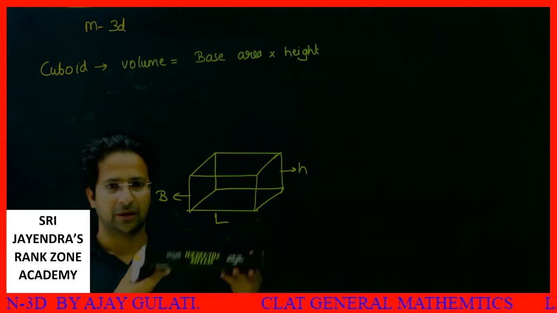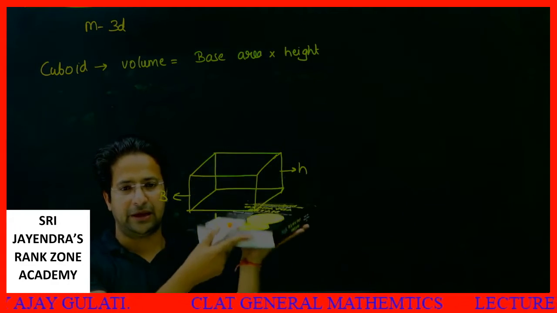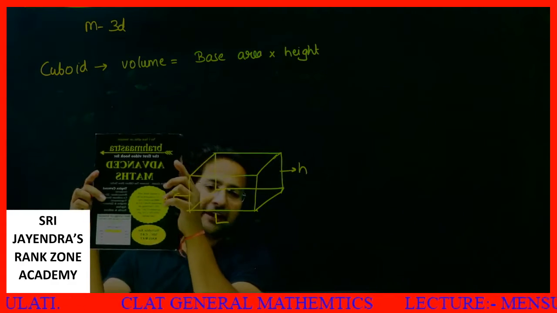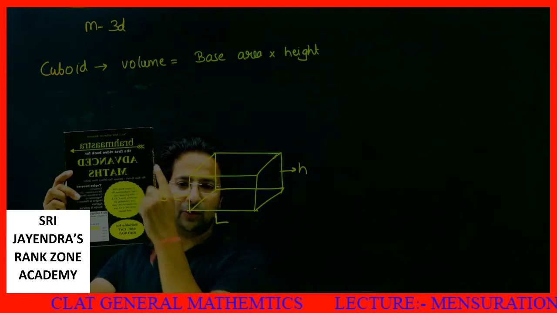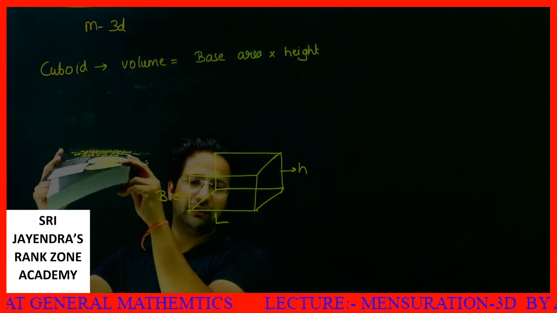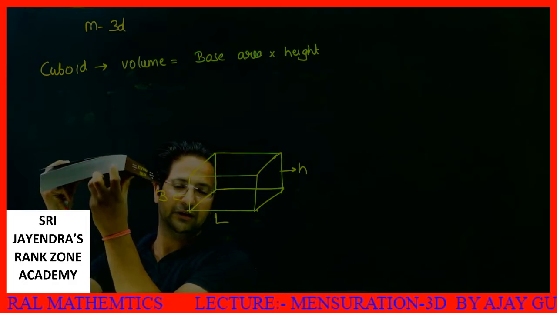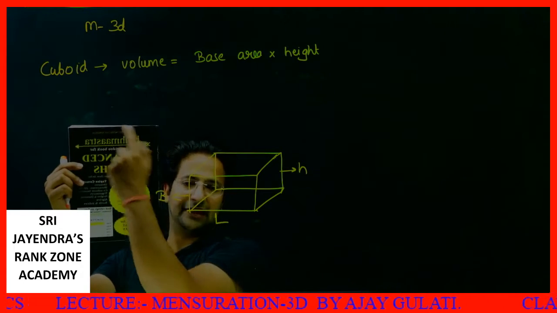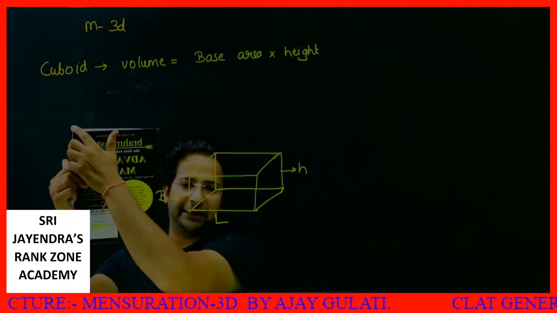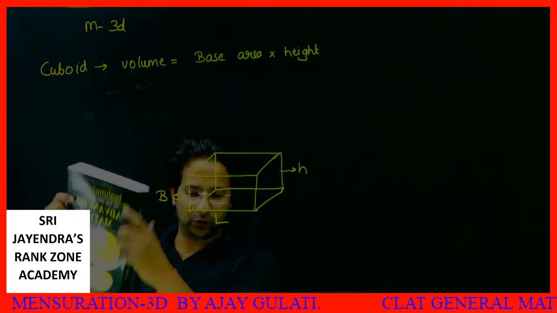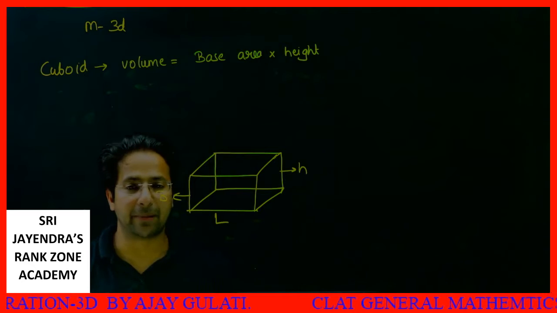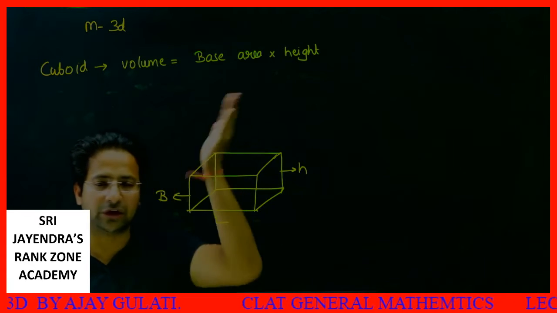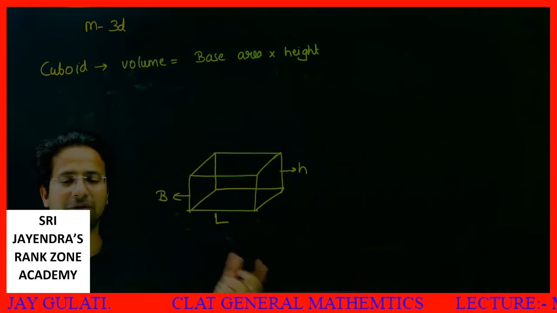Okay, this is my book. See here, this is a rectangular face. To this rectangular face I give this much height. So what will be the volume of this? This is, let's say, length, this is breadth, and this is the height. L into B into height. If you pile up papers one over another, they will get some height.